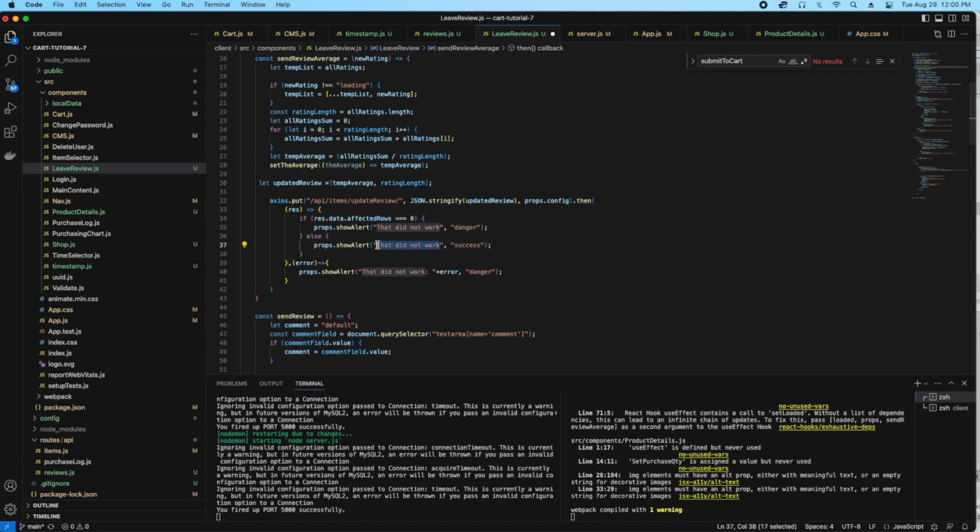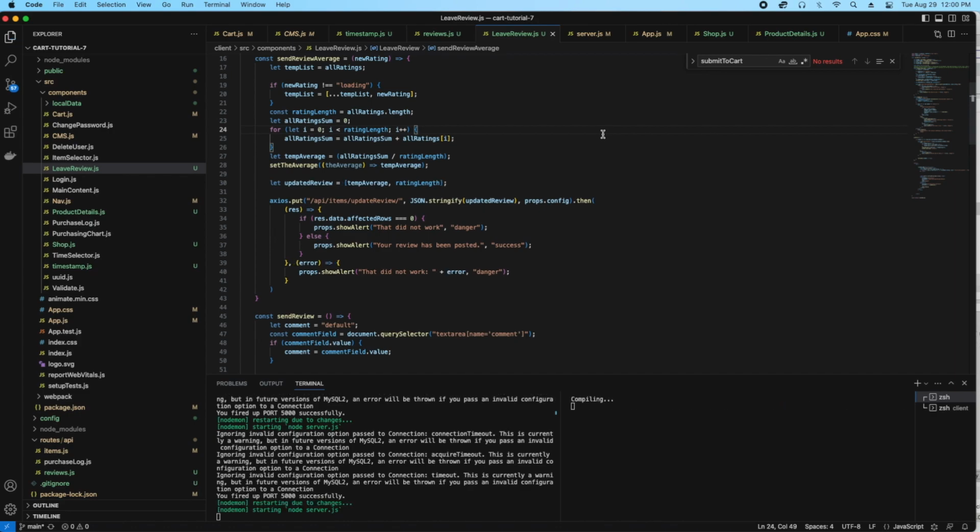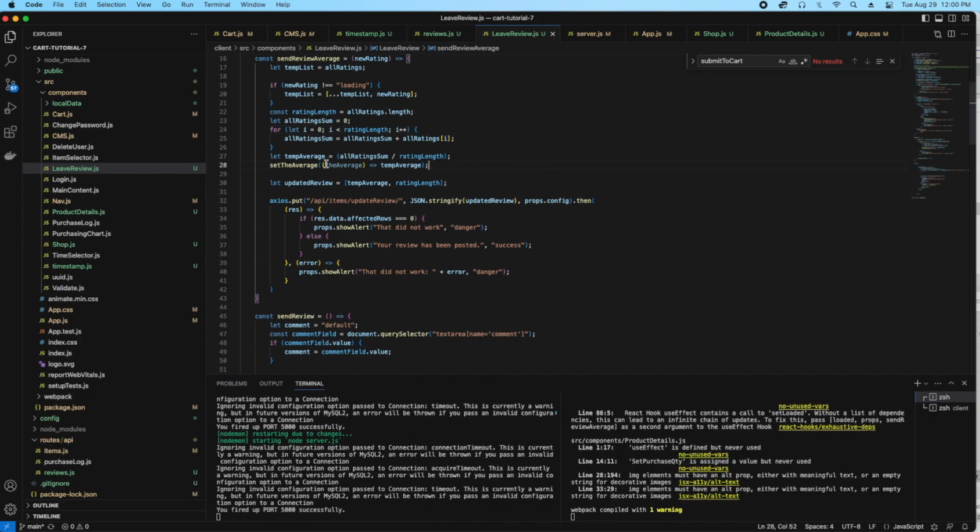So let's just build it up for what happens if we succeed, now that we've had all these things if it didn't succeed. Okay, so if the res data affected rows does not equal 0, it means that something worked, something got changed. And so not only are we going to tell them that something changed,